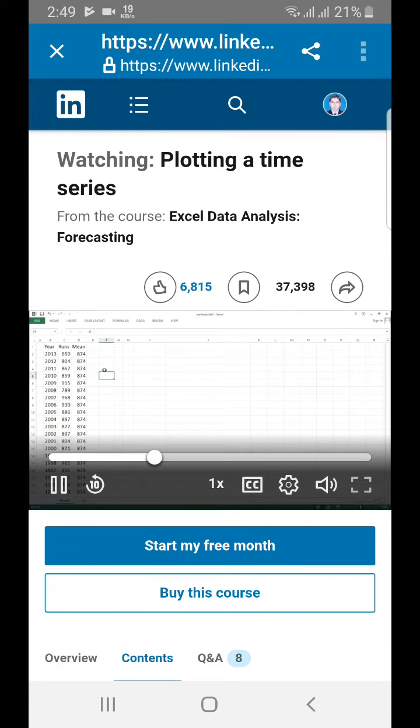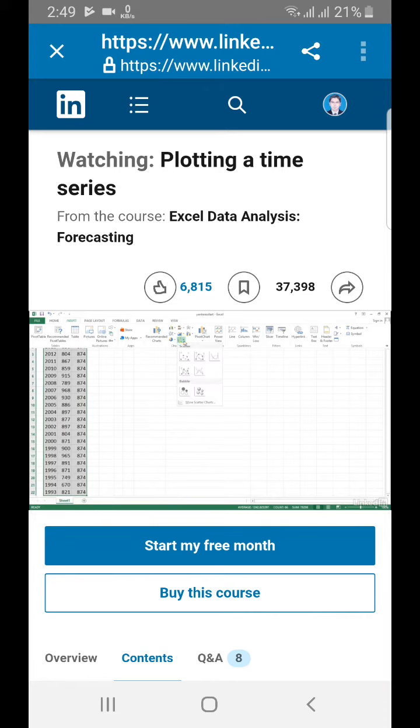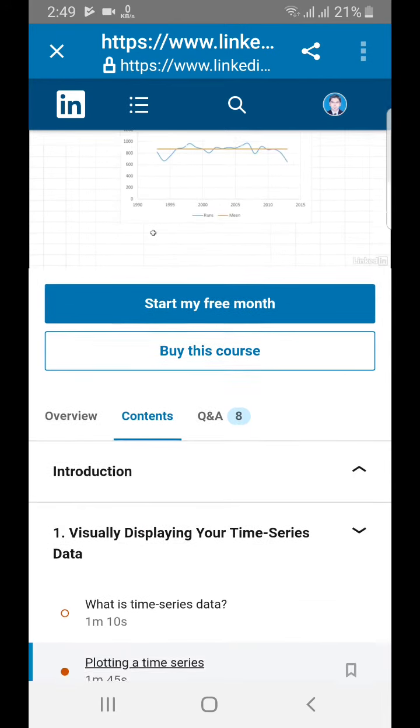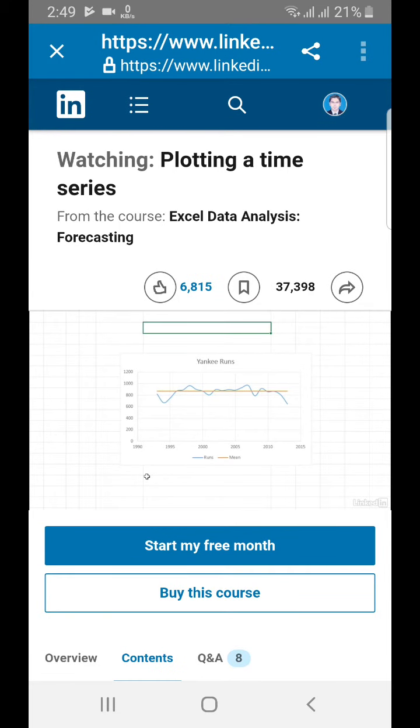Sort of data I do control how to create the scatter charts. Click the drop-down arrow, and we want to do a line graph without markers. But we could put markers in and we will later. The blue curve shows how many runs the Yankees scored, and the red curve shows us the same value each year, the average number of runs the Yankees scored in a season, 874 runs. In the next video,